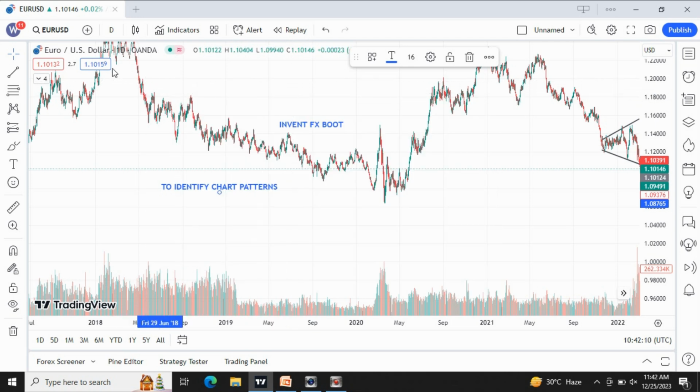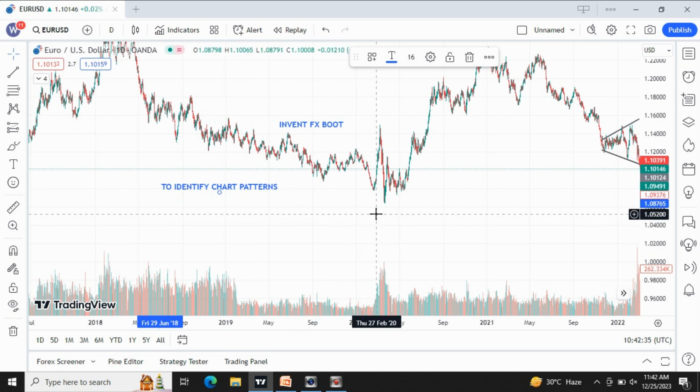So I'm going to check on chart patterns today, and we're going to look at one of the best. It might not be the best, but at least with the chart formed, you can be sure of 70%